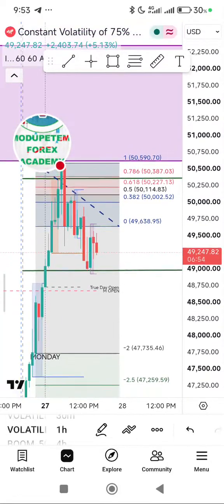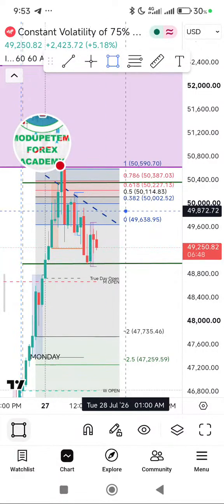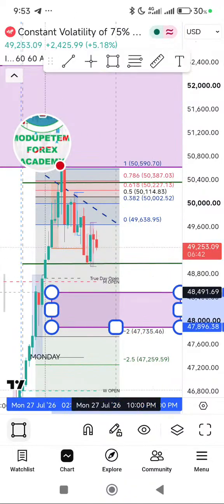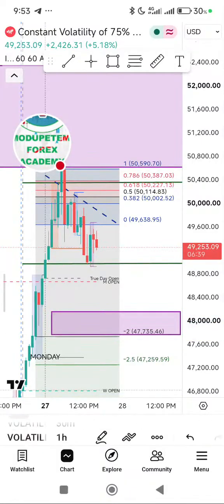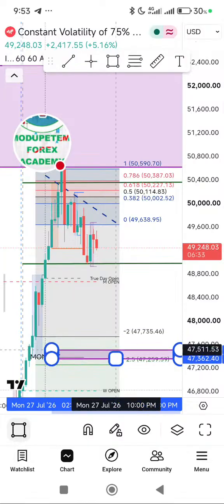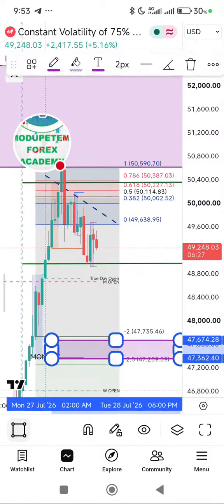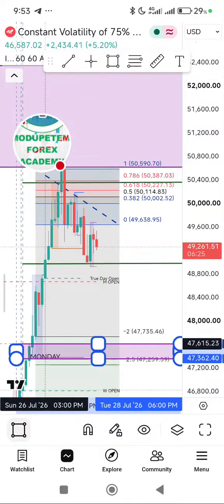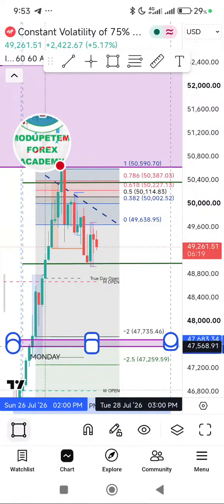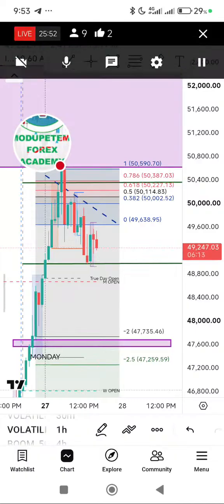Now, I told you I want to be seeing the market at 2.0. You can see at 2.0, I have this fair value gap. That is a key level already for me, telling me that at 2.0, they are coming to this range. I have the 2.0 level here, and I have this fair value gap at 2.0. You can see this is 2.0 and this is the fair value gap. So it is as easy as that.